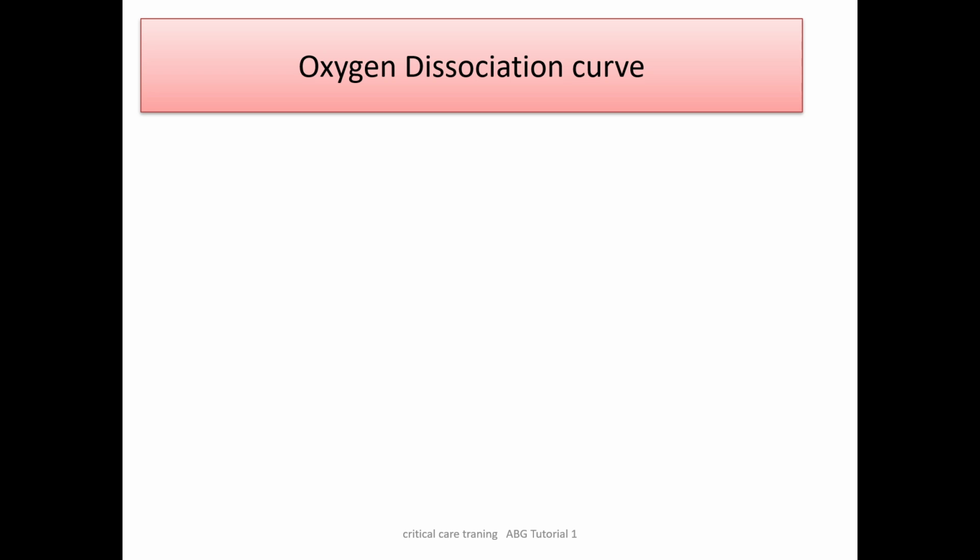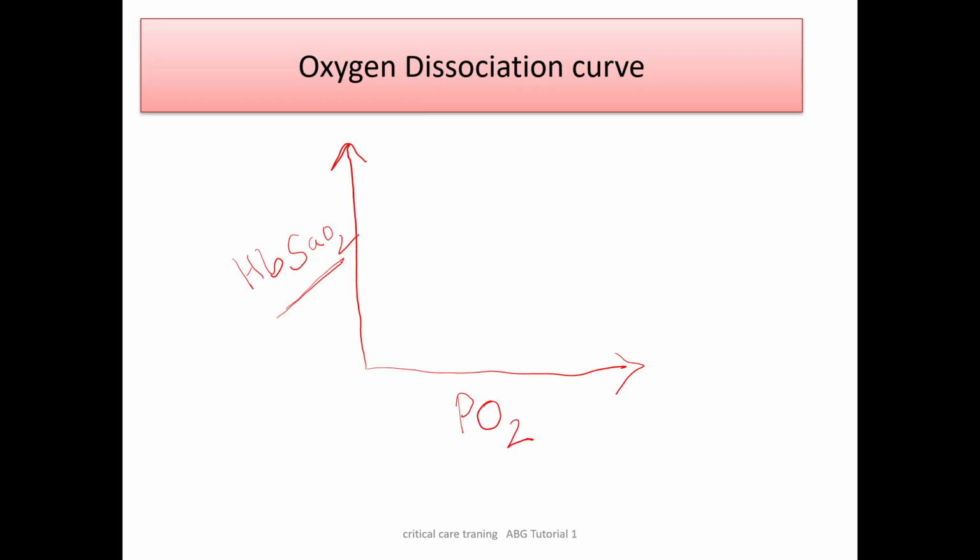So if you draw a curve, on the x-axis is your PO2 value, the partial pressure of oxygen in the blood, and on your y-axis is the amount of hemoglobin which is saturated with oxygen, SaO2. If we draw a curve and understand the relationship, we will highlight the various points of clinical importance. Now this curve is a sigmoid shaped curve, that is an S-shaped curve,